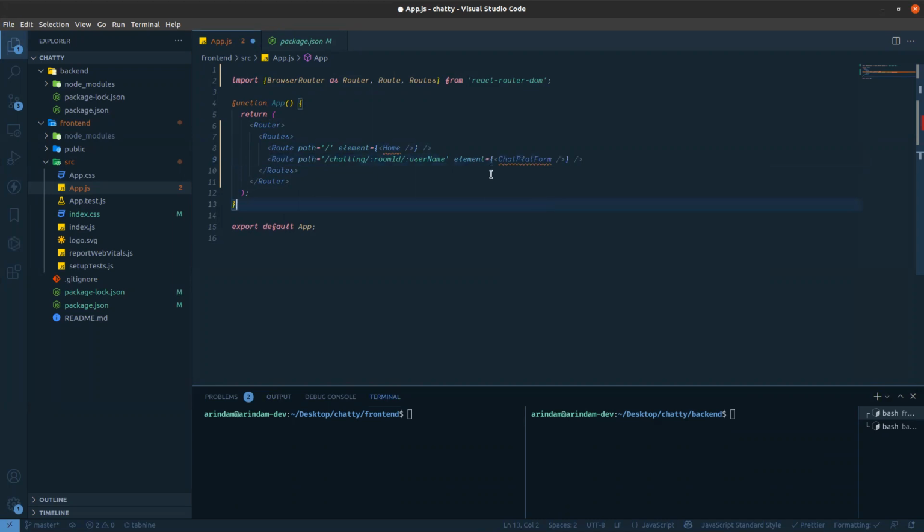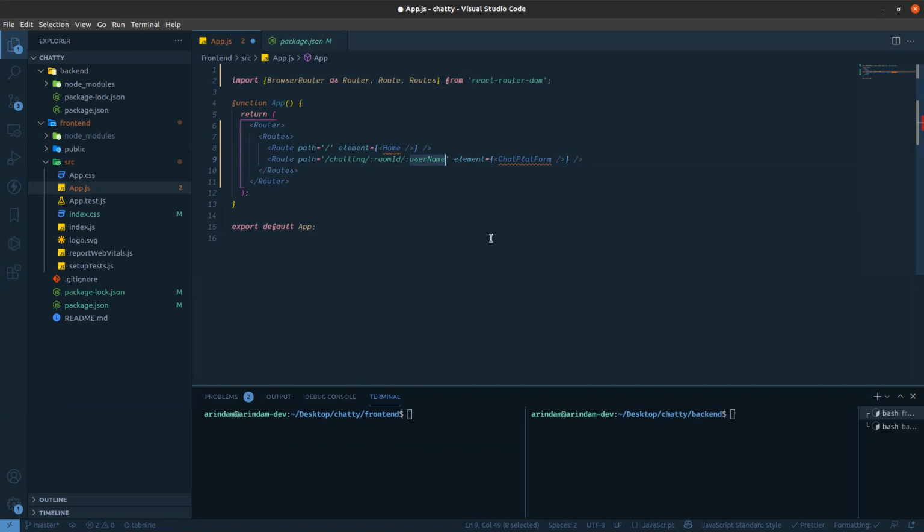Okay, so these two elements, or you can say whatever component, should be displayed over there when the route path is matched. So why I'm taking these two parameters, room ID and username? Means when I'm talking about that form, first the user should provide that username, or you can say nickname, and room ID, then it will route to the chat platform.